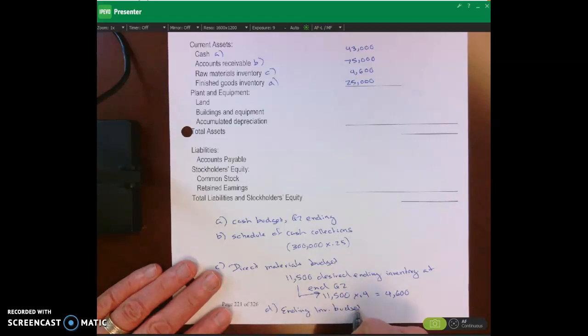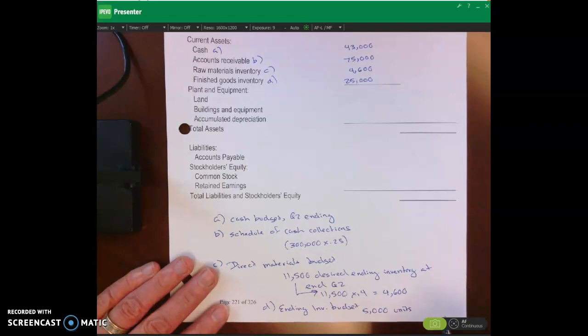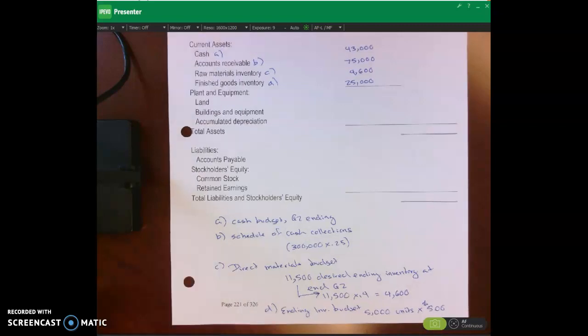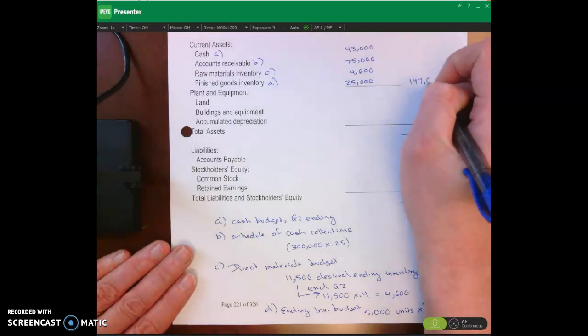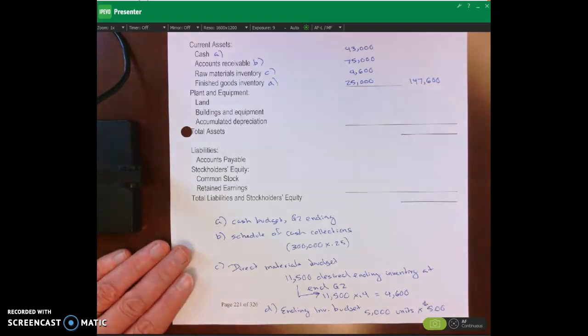So remember that we had 5,000 units in ending inventory at the end of the quarter ending June, times my cost per unit of $5. And that's how we got that $25,000 right over there. And so now what we can do is add up all those, and we get 147,600, which is our total